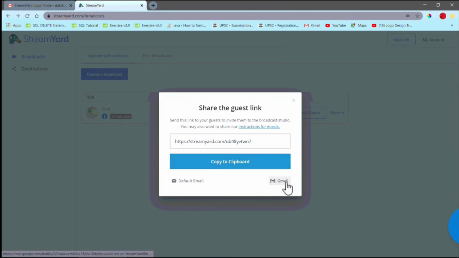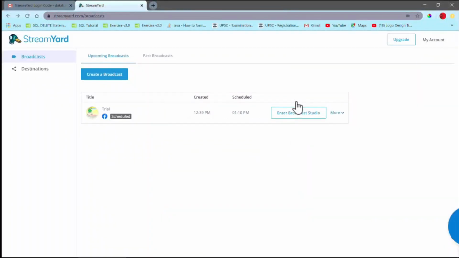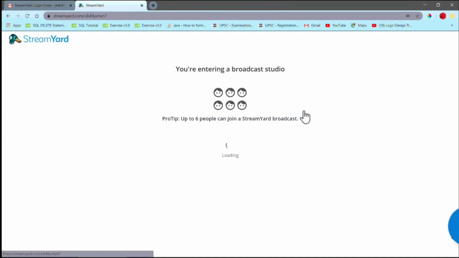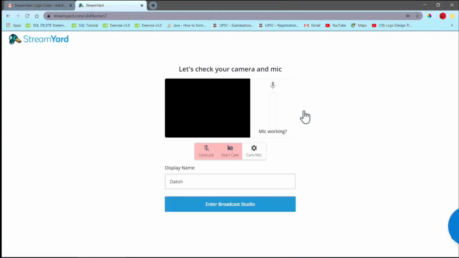After you reach here, you get the option to copy to clipboard or directly email or Gmail. Once you copy to clipboard, you can click on the small X sign. When you click on that, you will be taken back to the page where you need to click on enter broadcast studio. After doing that, you will be brought to a page which shows a mic and a camera.